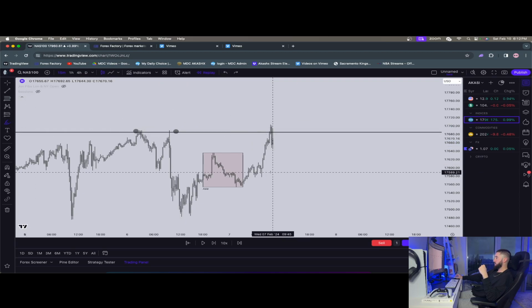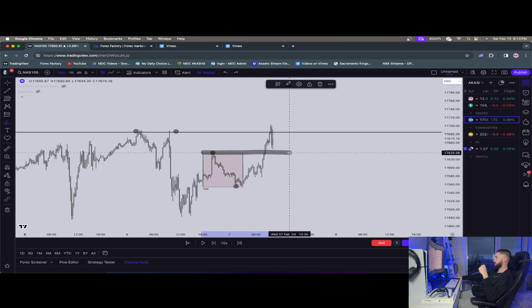And what happened during the Asian range? We made this high, we made this low. London session started around here. We saw that we did not violate or break the low, right? That remained intact. However, once we got to about 7:45, 8 in the morning, which is right for the New York